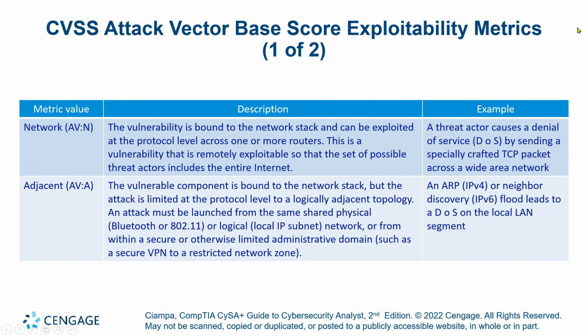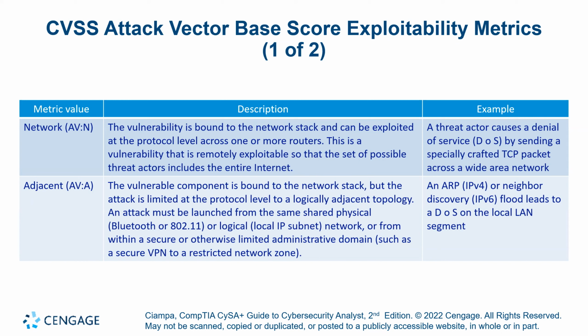CVSS attack vector base score exploitability metrics. Metric, description, example. Network: the vulnerability is bound to the network stack and can be exploited at the protocol level across one or more routers. This is a vulnerability that is remotely exploitable, so the set of possible threat actors includes the entire internet. Example: a threat actor causes a denial of service attack by sending a specifically crafted TCP packet across a wide